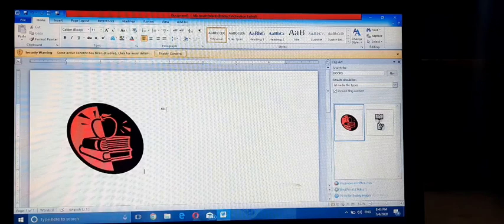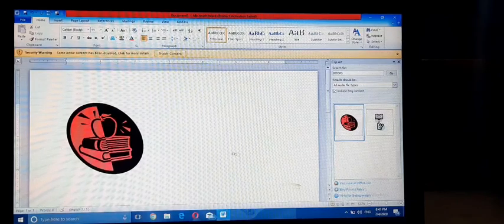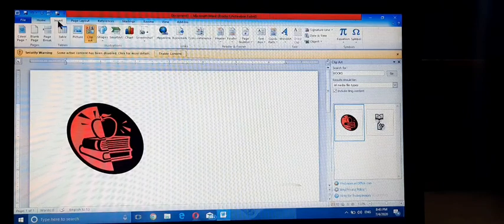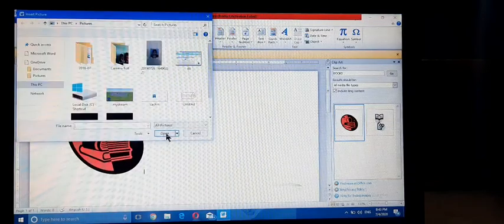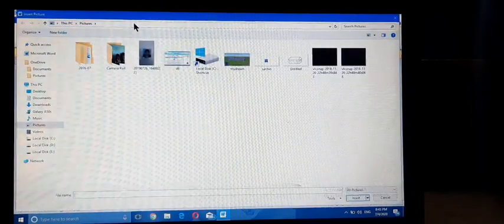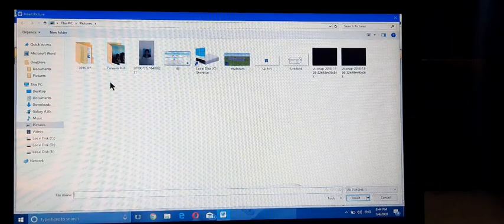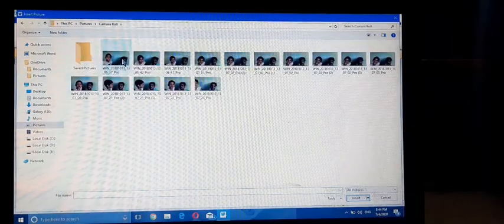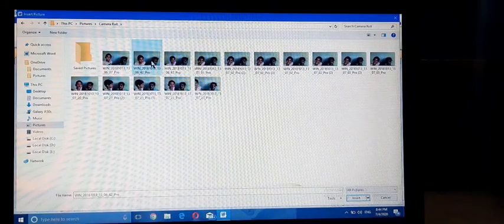We can also insert a picture from file, and the steps are: click on the insert tab. Here is the insert picture from file button. Click on this button. It will display the insert picture dialog box. Select a file that you want to insert and click on the insert button.